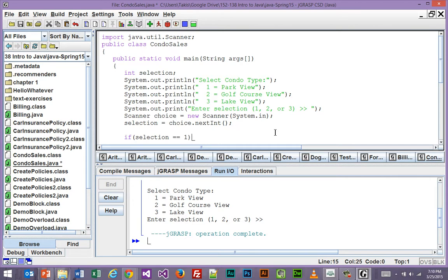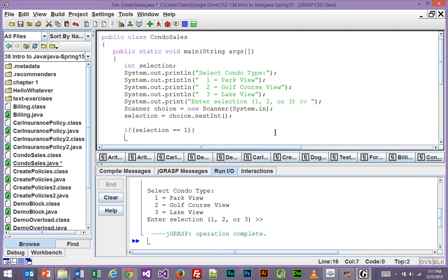Okay, so 1 would be Parkview. Let's put in our curly brackets here. Then we're going to say,